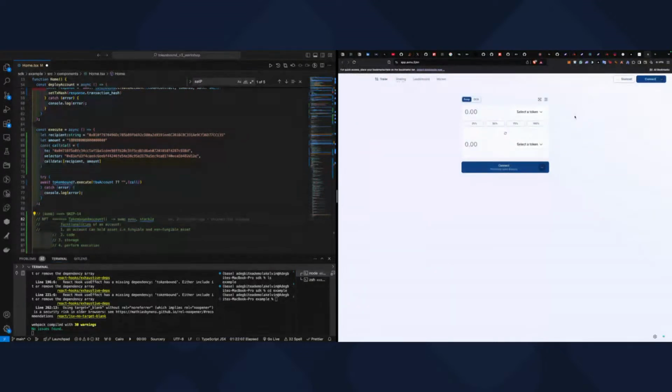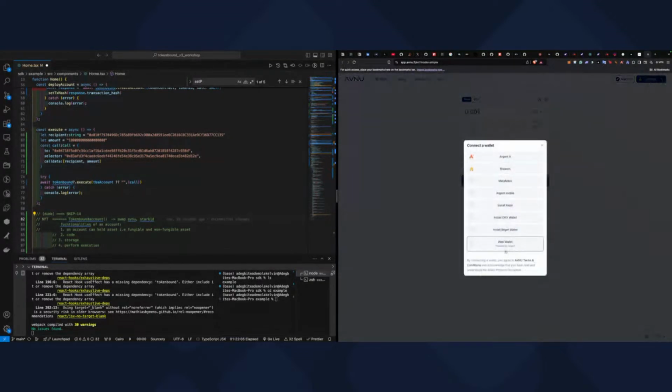So if you're to connect here, you can see a list of wallets. The idea would be you'll see the connect kit here, and then when you see connect kit here, reference on connect kit,